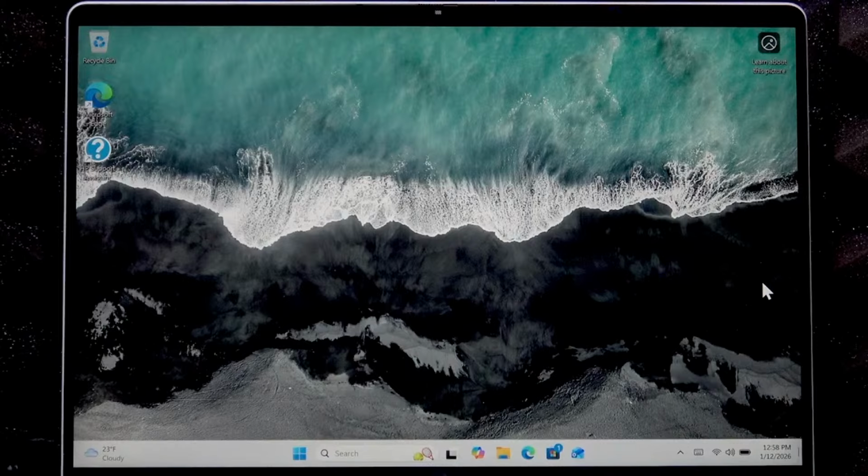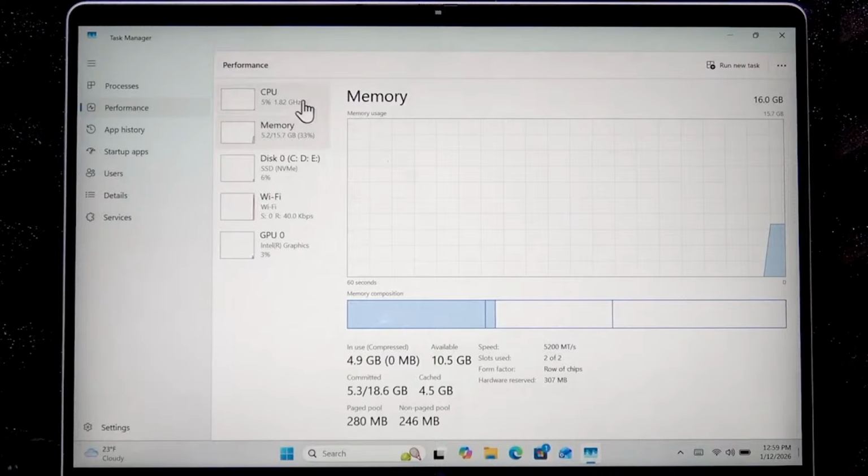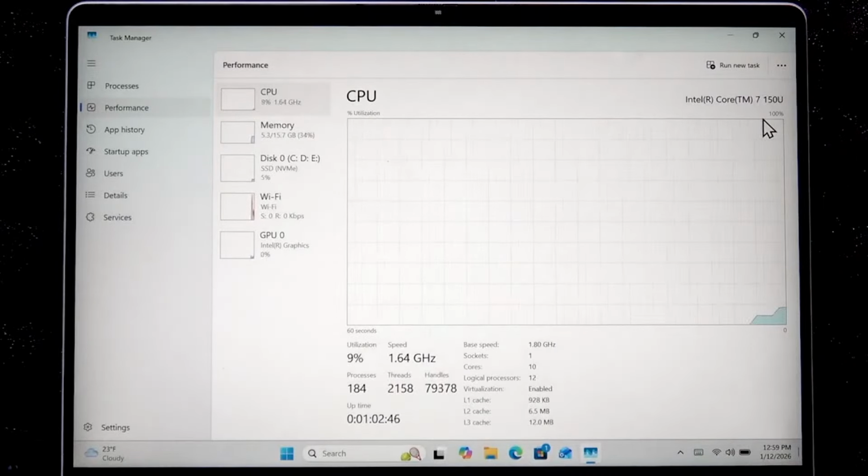This laptop comes in different configurations. This particular device comes with Intel Core i7-150U, if I'm not mistaken, but to not be mistaken, let me actually check real quick. Yeah, 150U, which is generally a good processor, but it also comes with Intel Core i5 120U,